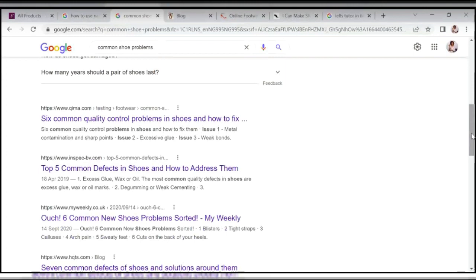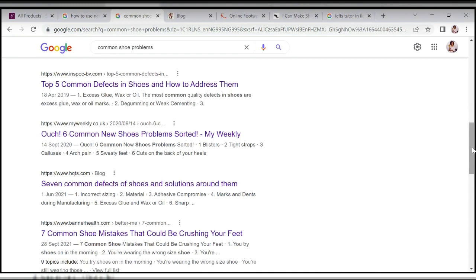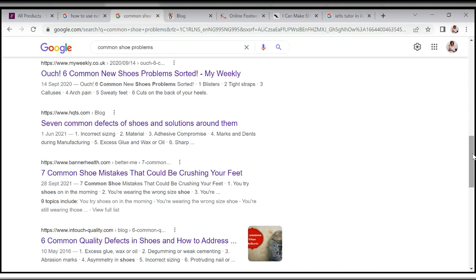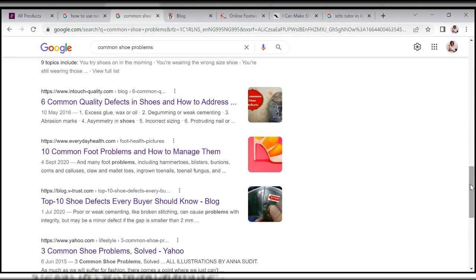Okay? Now, my point is, find out the things that people are complaining about when it comes to footwear. Adebukola, you can make male footwear. You can make female footwear. Do you know that that's a plus? So it means that you can teach both of them. You can share content on both of them. All these problems here, if you know any of them, show us, explain to people how they can prevent them. Explain to other people that make footwear how you are making your shoes not have those problems, or not give people those problems. More than this,